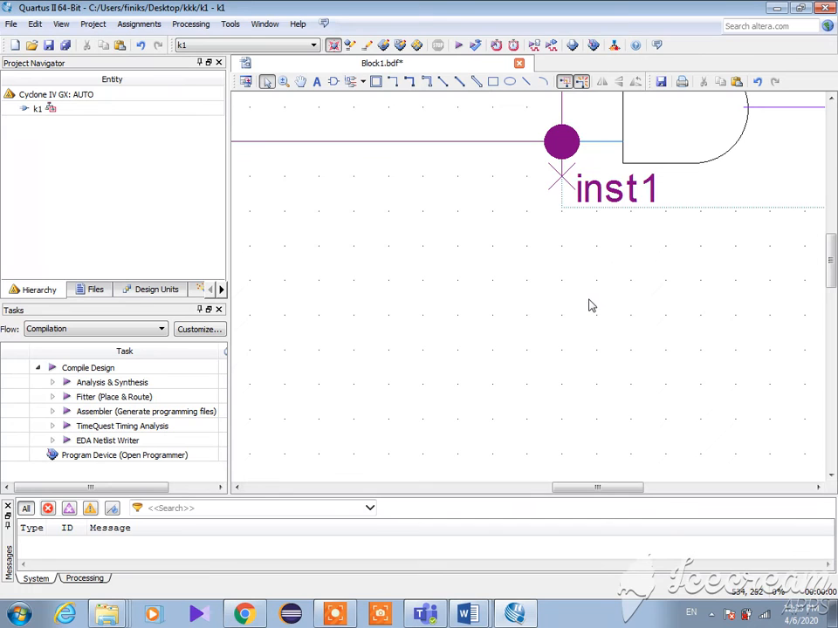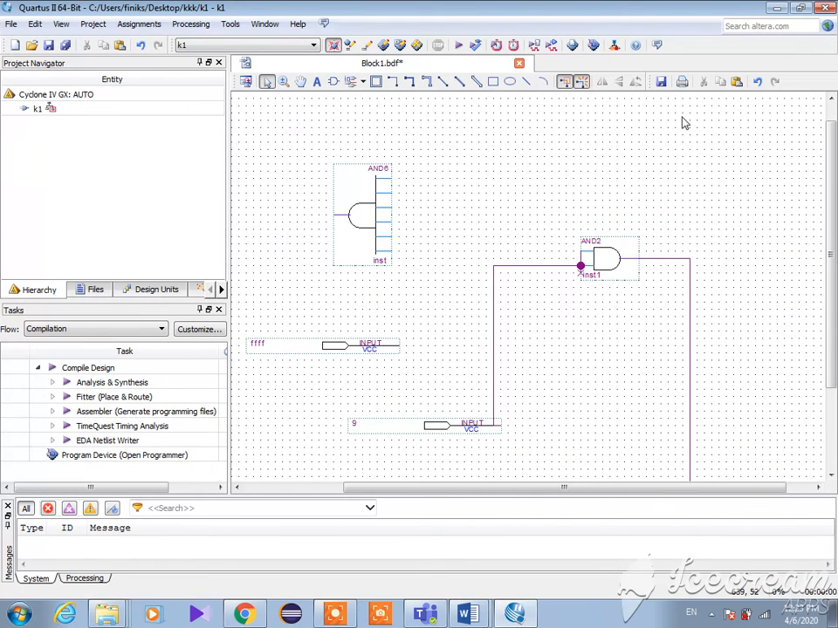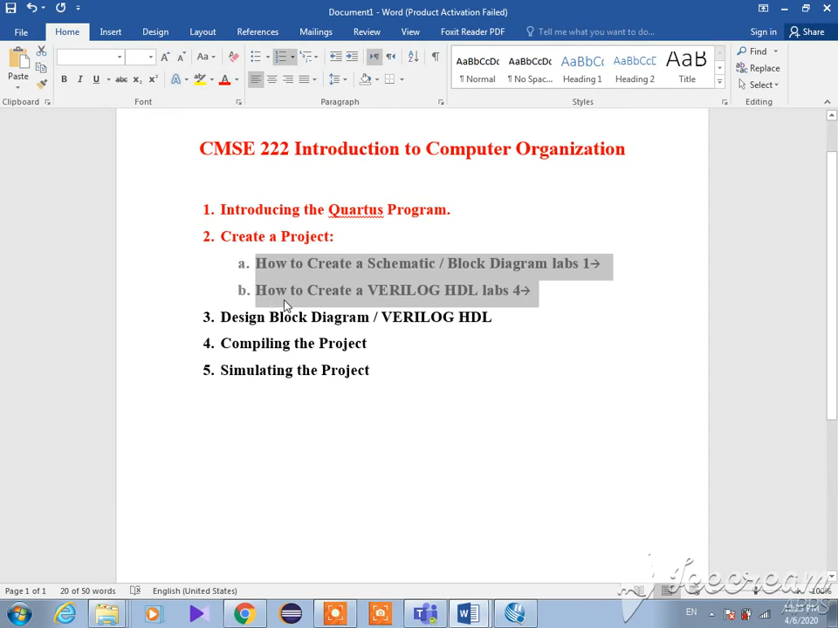Okay, this is about the wiring, and this is the schematic file. Let me go back to the content. Okay, so